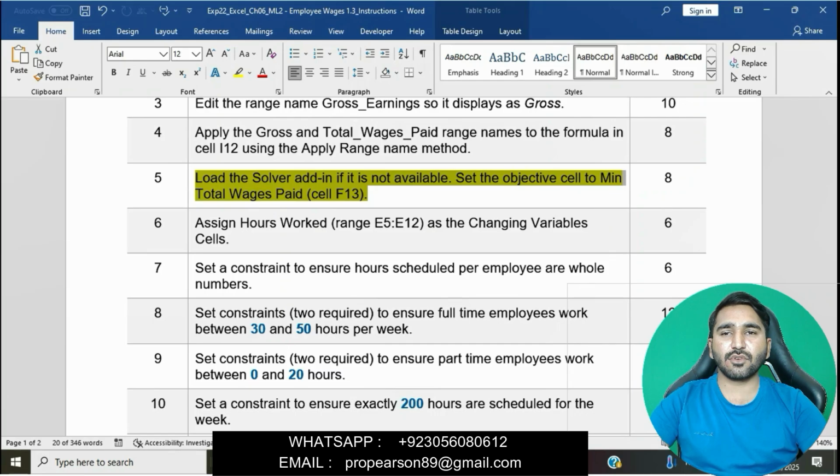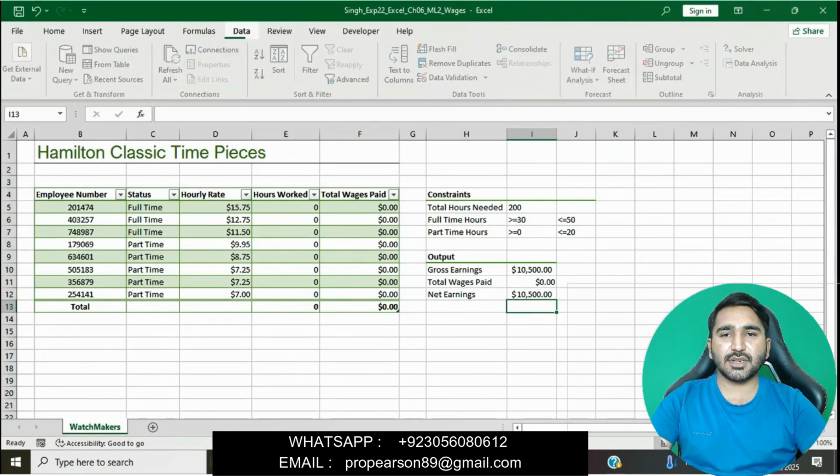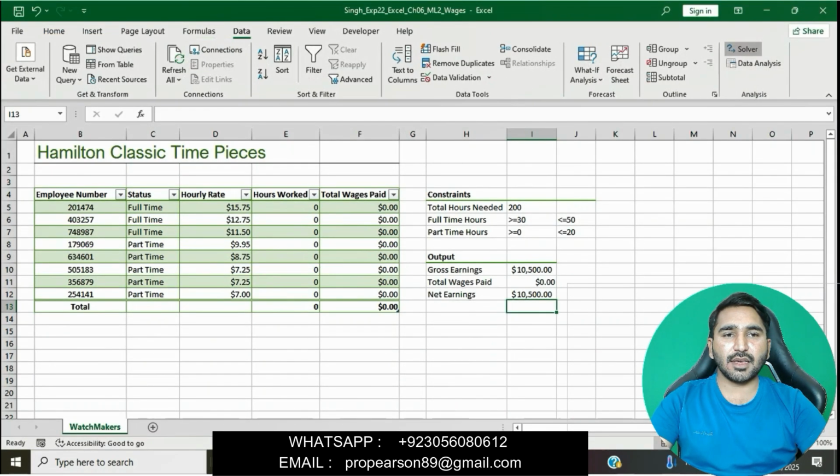We will go to the Excel workbook and load the solver add-in if it is not available.